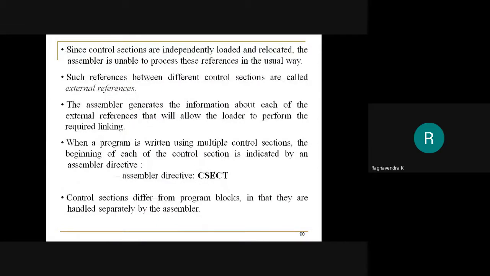Now, since the control sections are independently loaded and relocated, the assembler is unable to process these references in the usual way. It's quite obvious, because I don't know where the read record function is going to be. The assembler is not going to know this, because the read record function is going to be loaded at runtime, so at runtime it can be assigned any address.